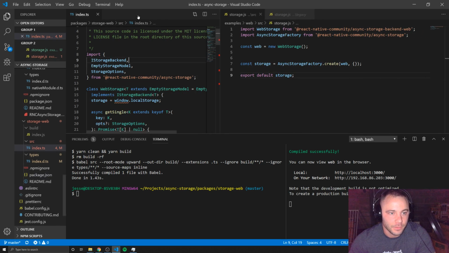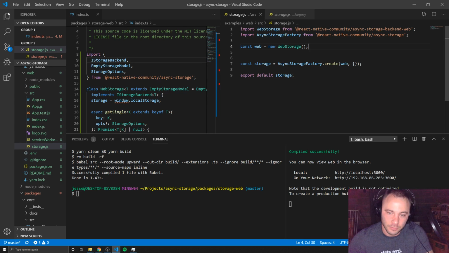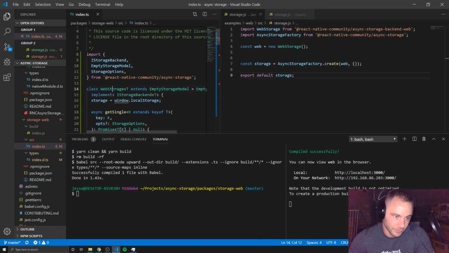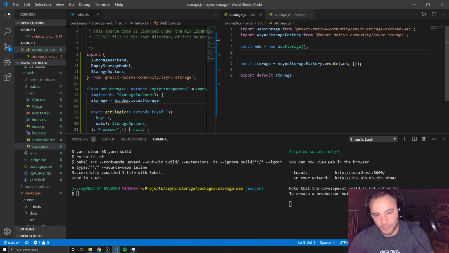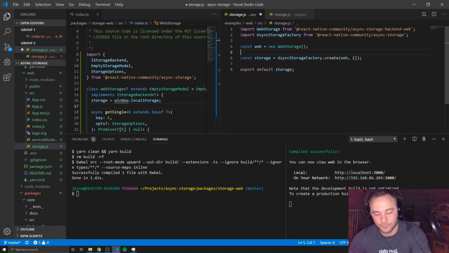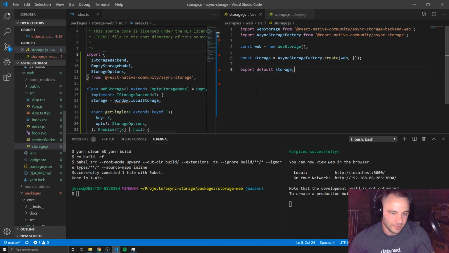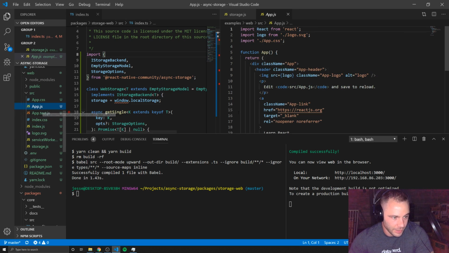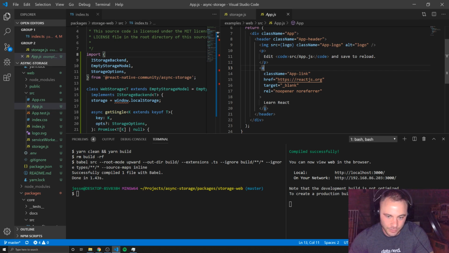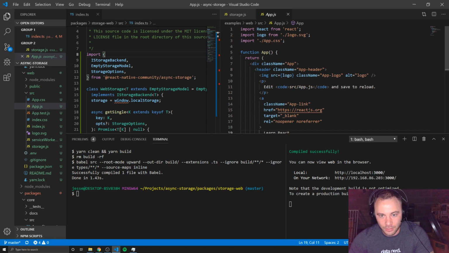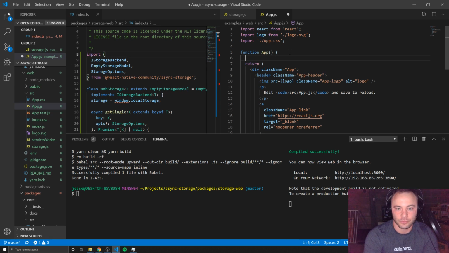Yeah. Okay. So now we're pulling in our component here, our web storage, and we're passing it to the async storage factory. We're creating that. We're using web. Okay. All right, that makes a lot more sense now. Now we can test it and see if it works. So let's, is this it? Yeah, let's go into here in our app.js file, which right now is just displaying the logo and learn React. And let's just do something simple. Let's say